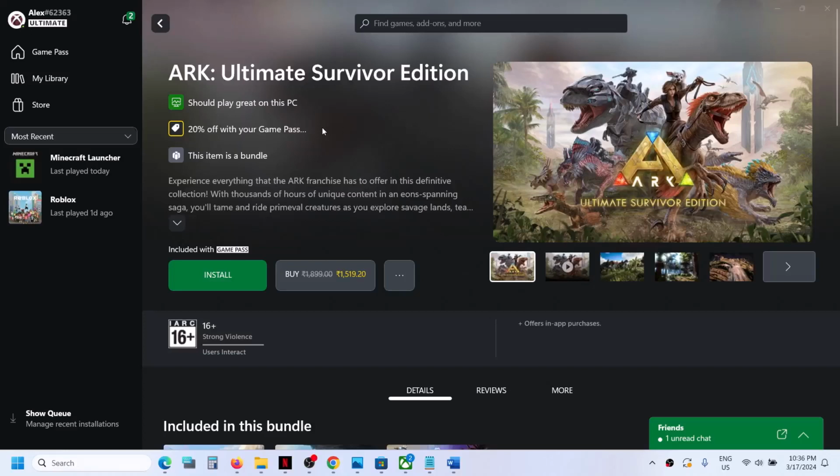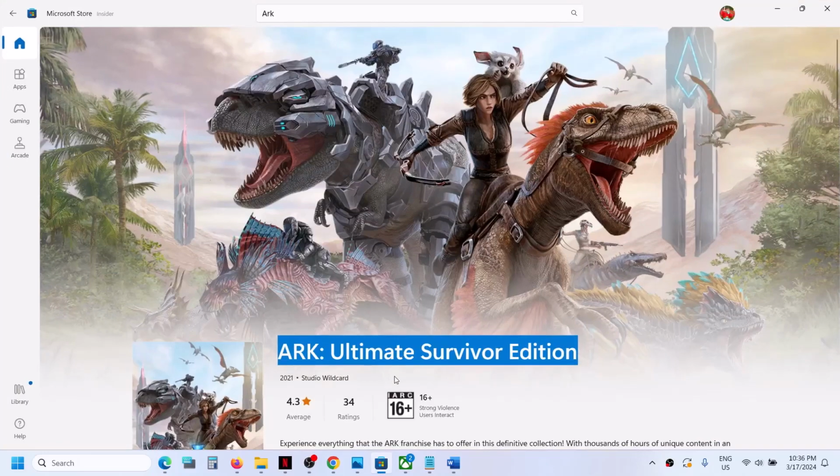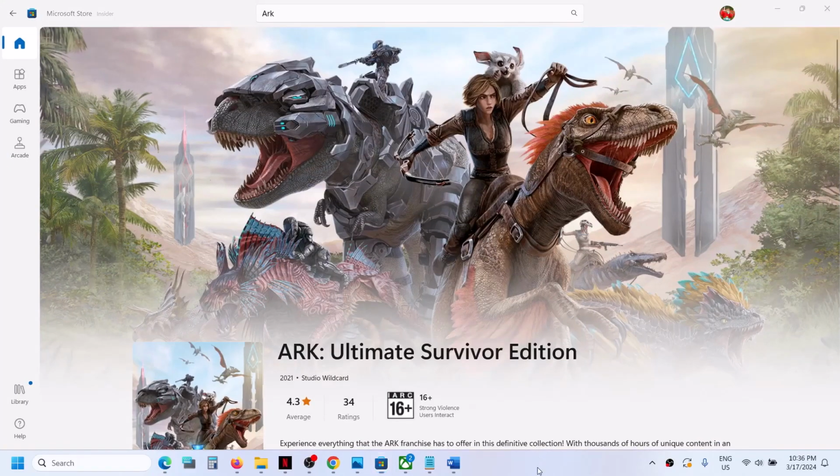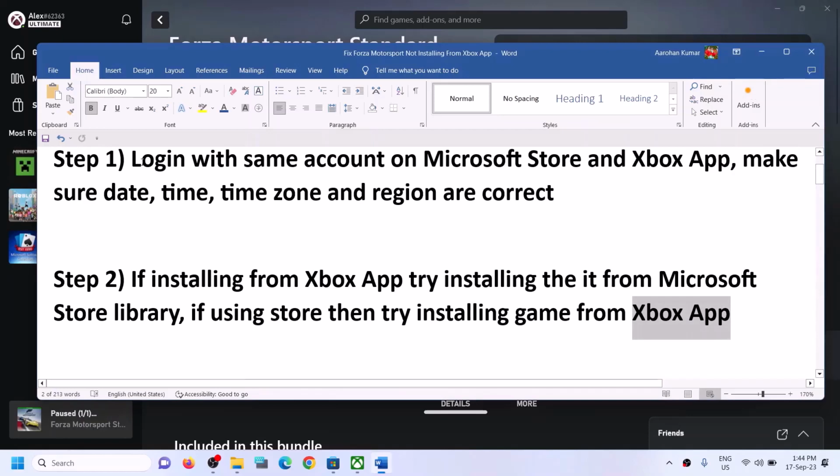Today in this video I'm going to show you how to fix when you're unable to install ARK Ultimate Survivor Edition game from Xbox app, or if you're unable to install it from Microsoft Store, then please follow the steps shown in this video. The first step is to log in with same account on Microsoft Store and with same